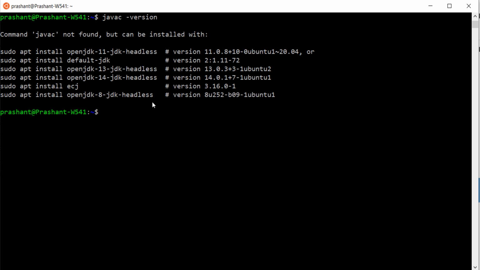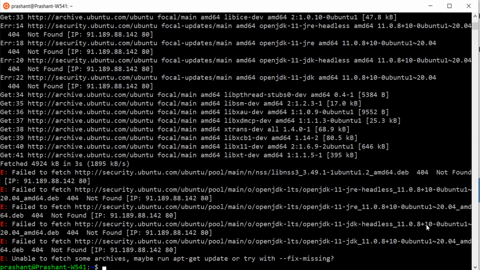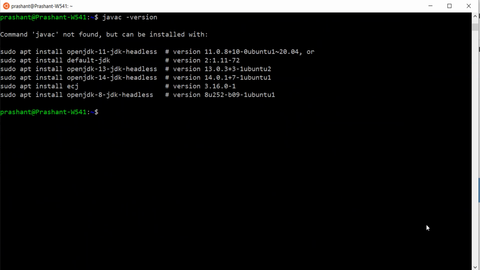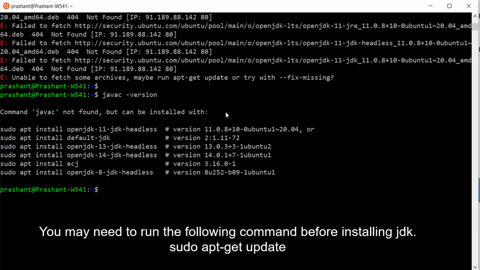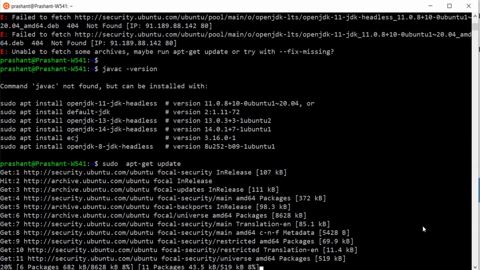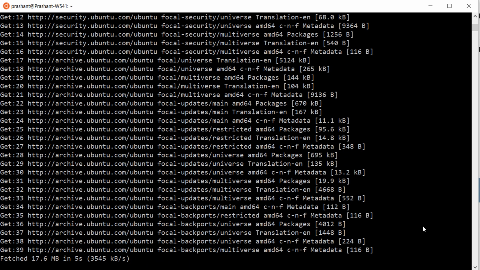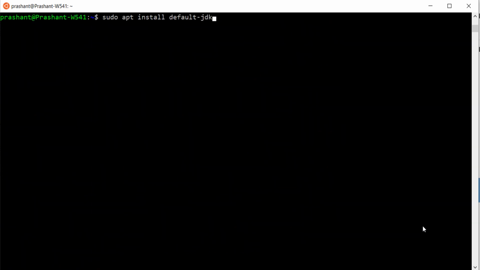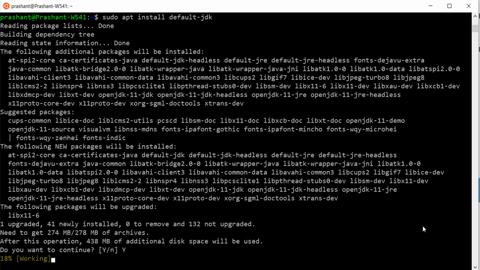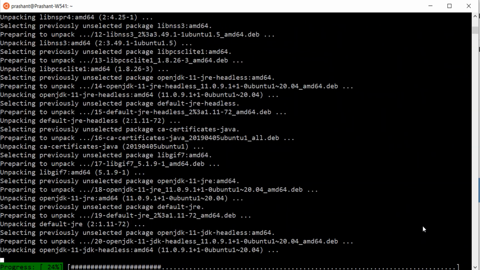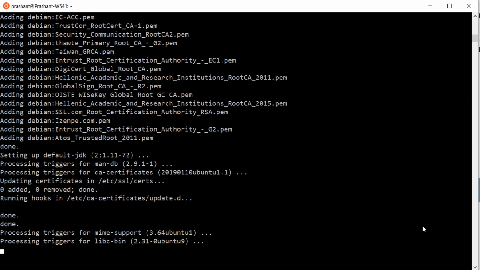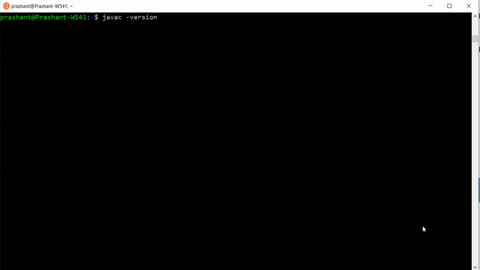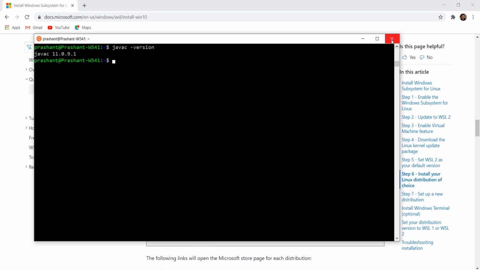If you do not have JDK, you can install it using the following command. That's all. Now you can close your Ubuntu terminal.